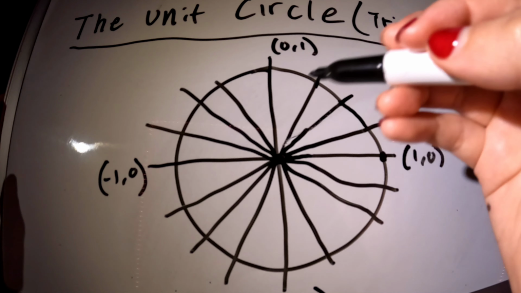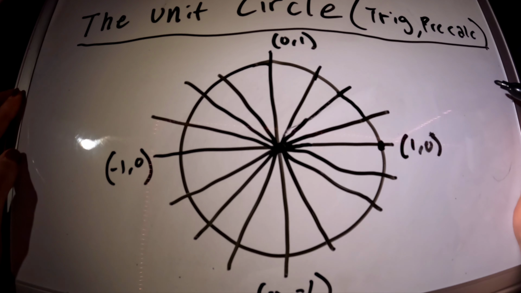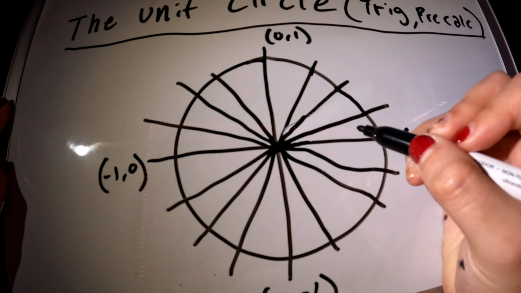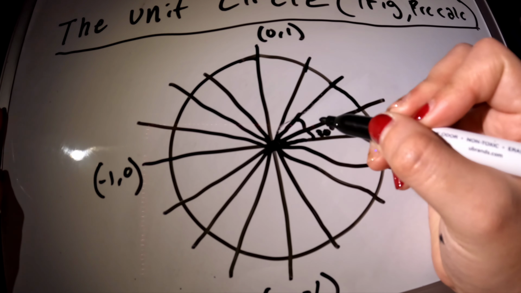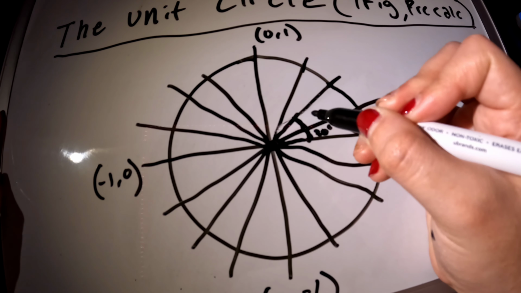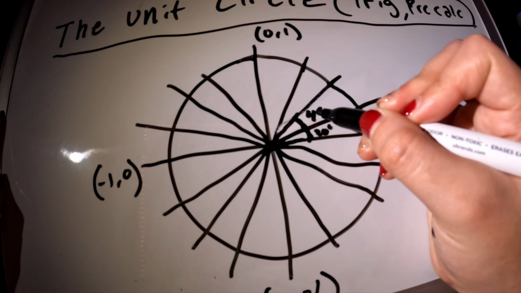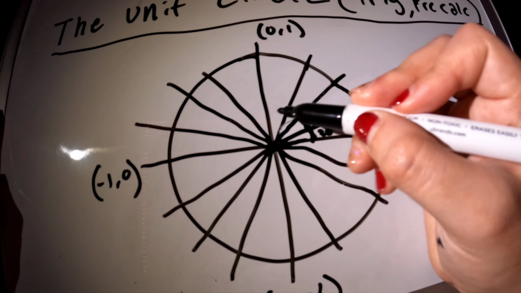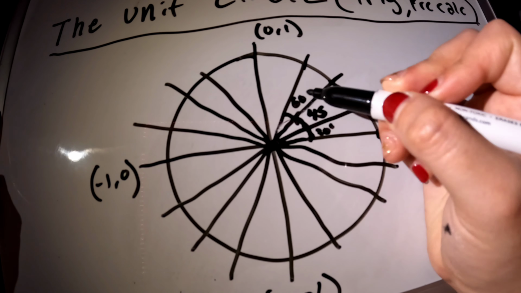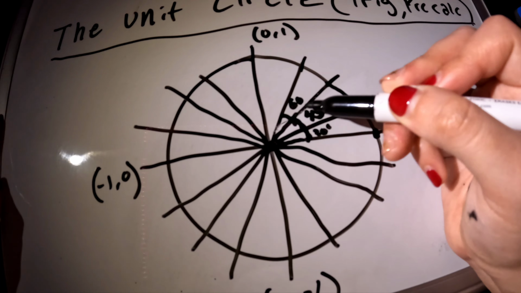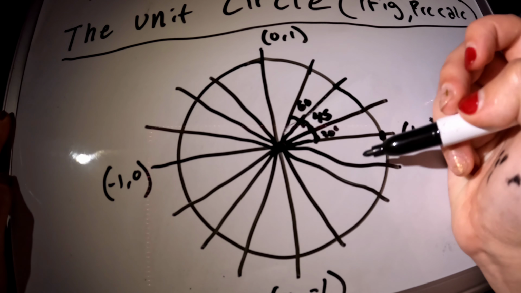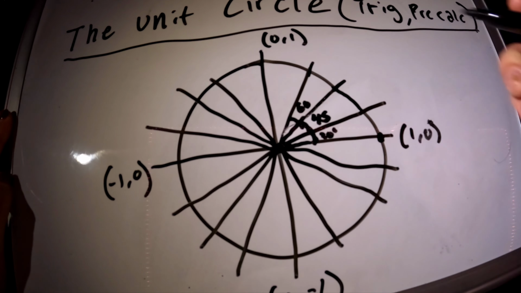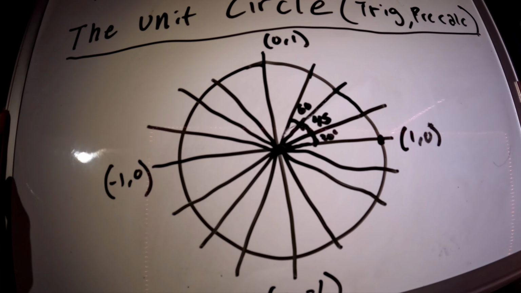or first of all, these are divided into sections. So this part right here is 30 degrees. This is altogether, or sorry, 45 degrees, and this is 60 degrees right here. So this side's 30, these two are 45 altogether, and these three are 60. And then this here forms a 90-degree angle. And the reason this works